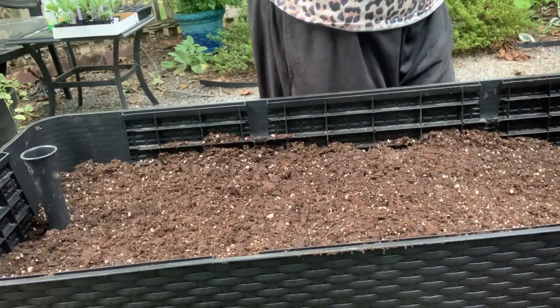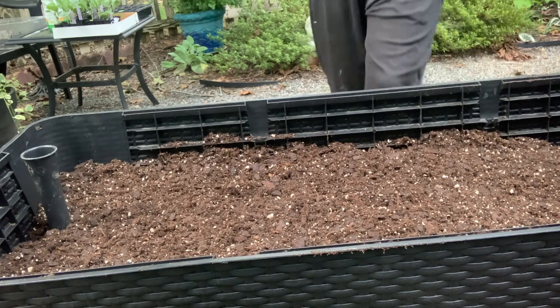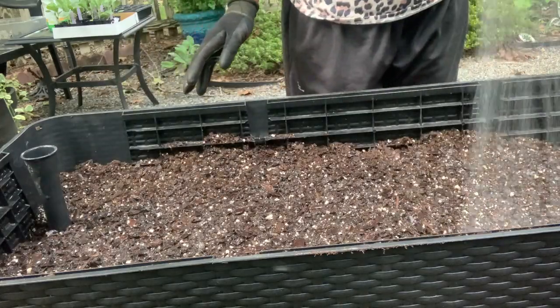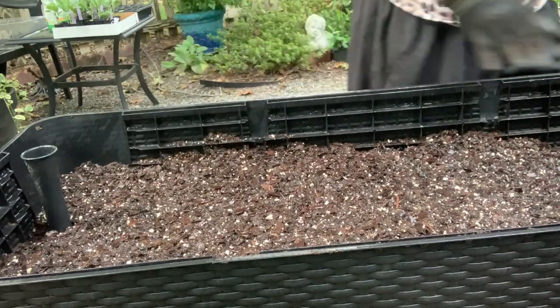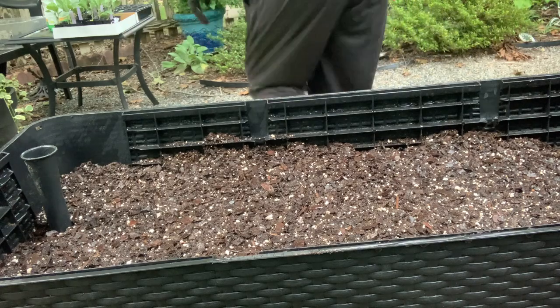Now I am gonna wet this down because that top soil is a little dry. I'll probably use my rainwater, but it'll rain anyway. Also, I need to clean this up. So I wet it just a little bit because it'll get watered again. And then